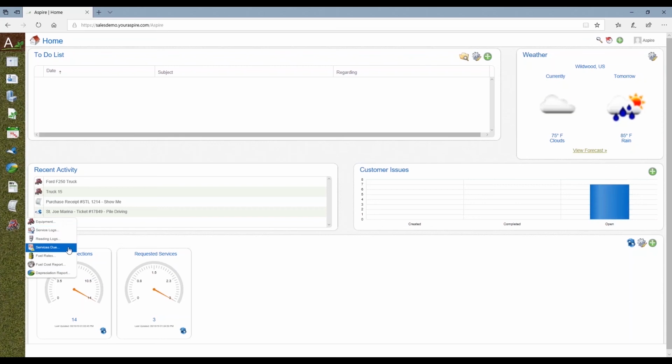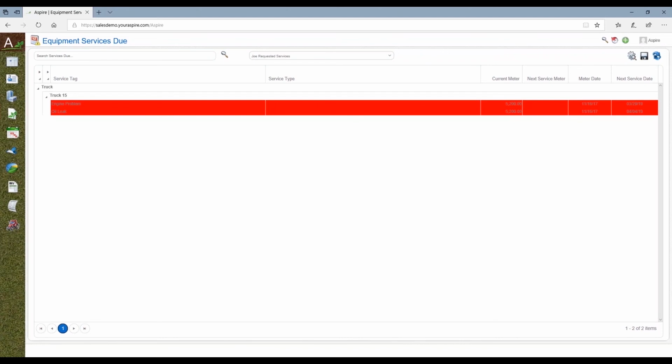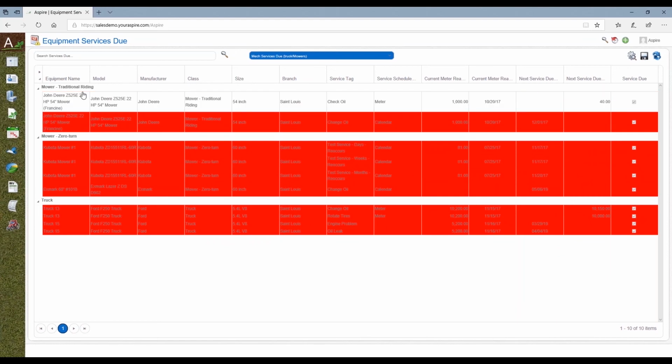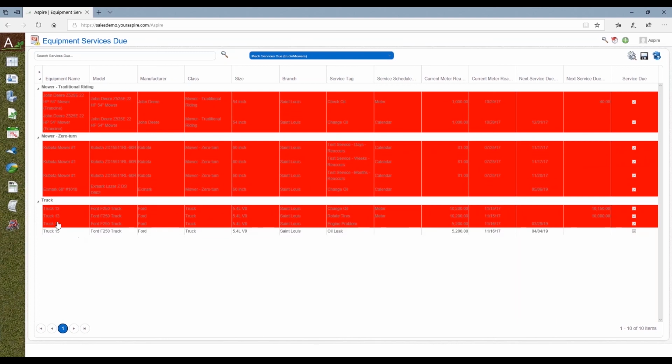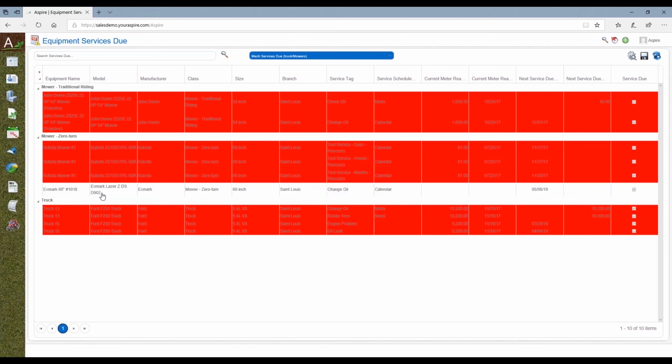That's correct. In my services due list here, I can look at mechanic services due. On this list, this is showing me all the things that are in need of service. A handful of trucks, you can see they're in red because they are past due. So red is telling me that this work needs to be done immediately to stay on track and to keep